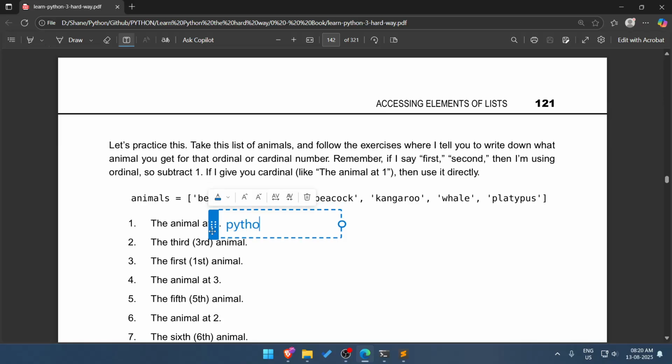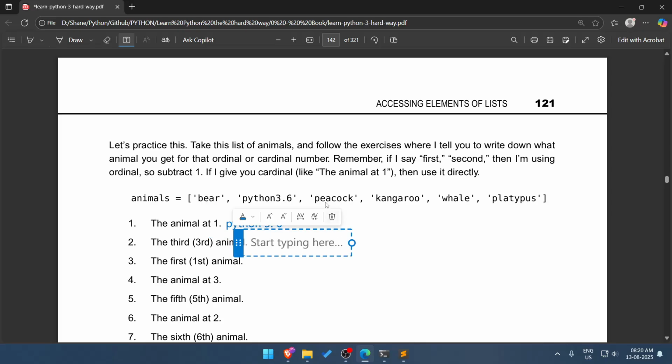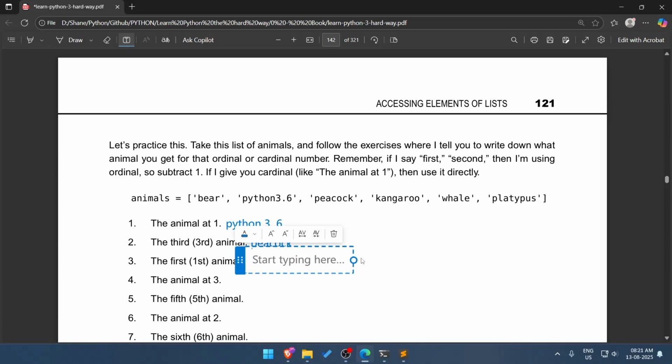Animal at 1 is... Third animal is peacock. First animal is bear.